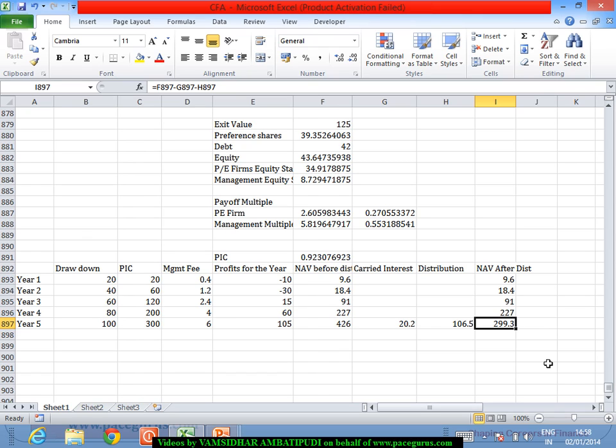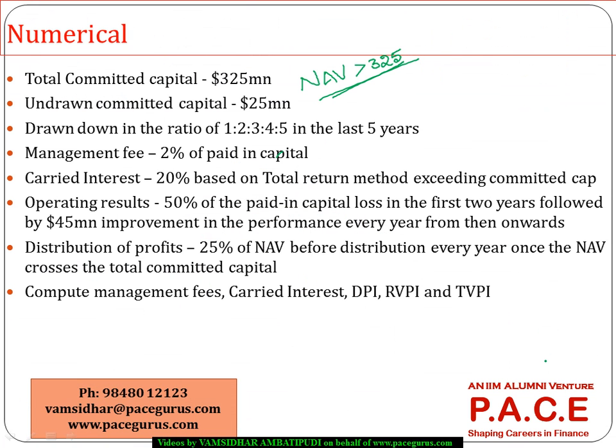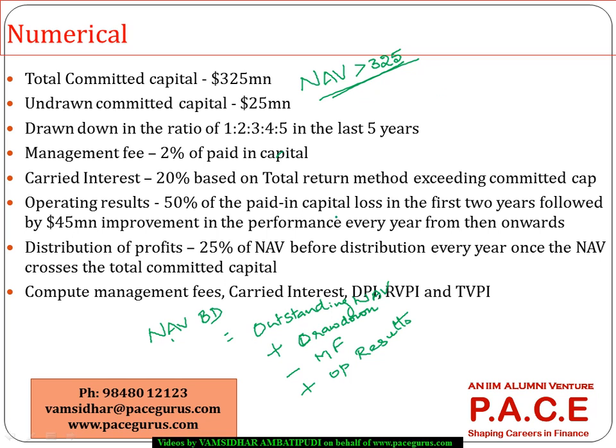So we need to understand here, if I have to find out NAV before distribution, all we are saying is whatever was the outstanding NAV as of the previous period, to that I will add the committed capital in this year, or probably drawdown capital for this year, and on that I will remove the management fee and probably add the operating results of the year, profit for the year, which will give me NAV before distribution, and out of that